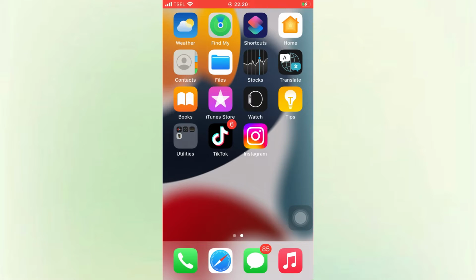If you're someone who uses Instagram frequently and wants to avoid typing your username and password every time you open the app, saving your login info is the perfect solution. On your iPhone, this can be done quickly and securely. In this step-by-step guide, I'll show you how to save your Instagram login info so logging in becomes fast and